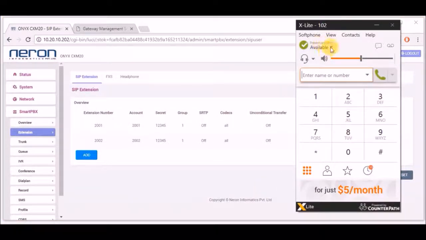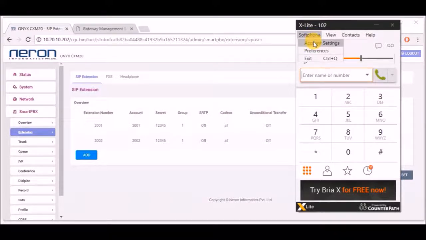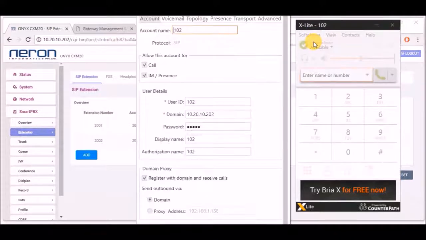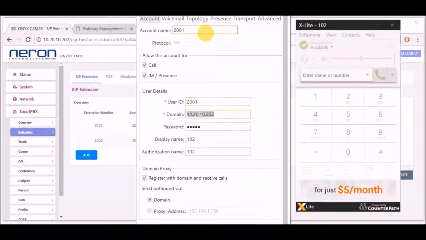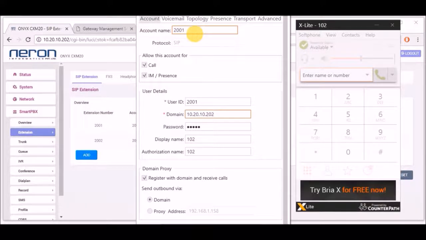I'm having X-Lite. I have to go to account settings. Here you can see 102. I have to change it. So I'll register 2001. User ID will be 2001 and IP address will be the same, 10.20.10.202.